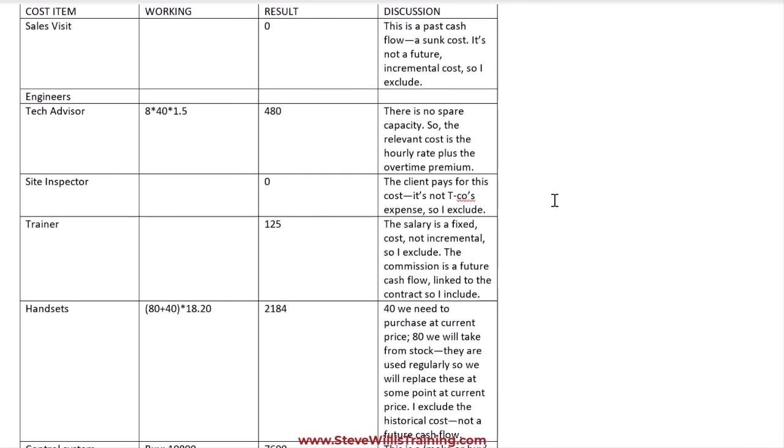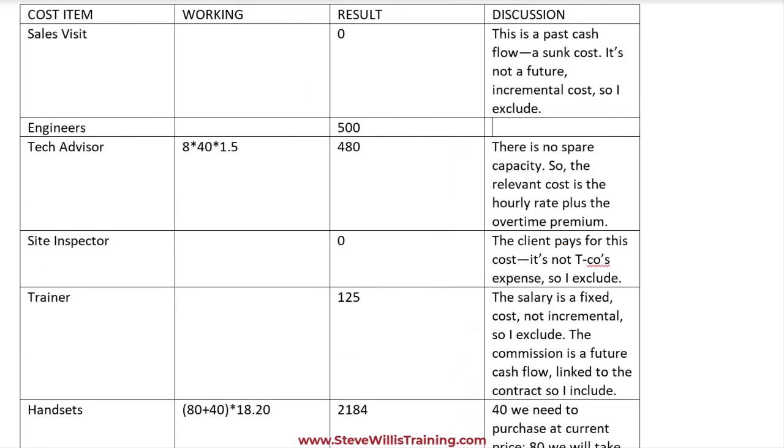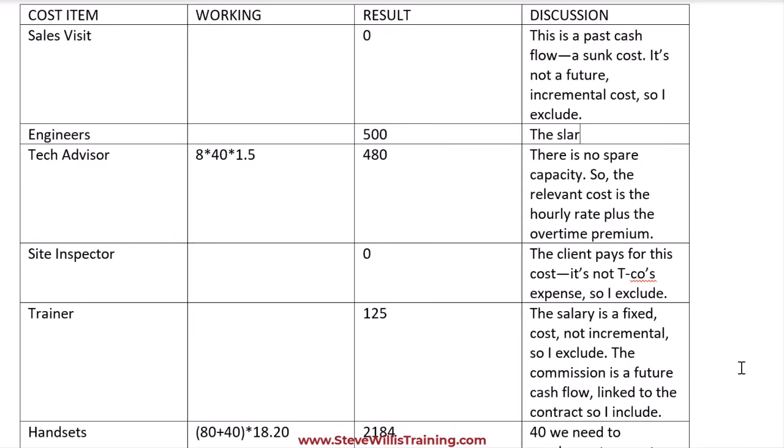But then in the last sentence, we learn that the engineers have time next week to finish the job, so it's not really lost contribution. It's just delayed a week or two. So let's not include that. We don't really lose the contribution. That's my thought process. So let's write all of that up. And the only relevant cost then that I see is the $500 penalty. Okay, the salary